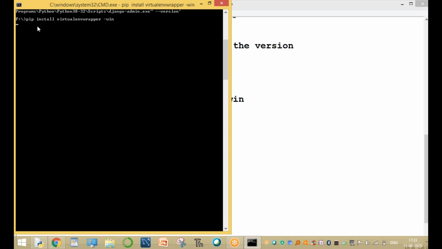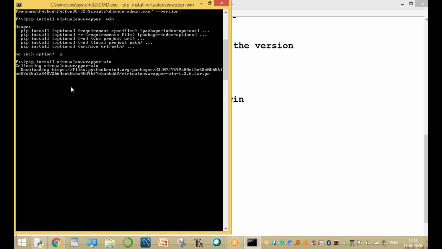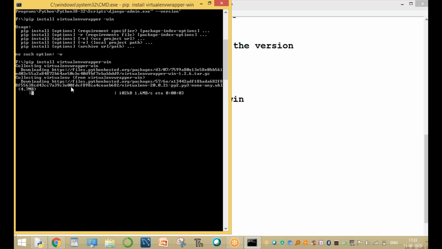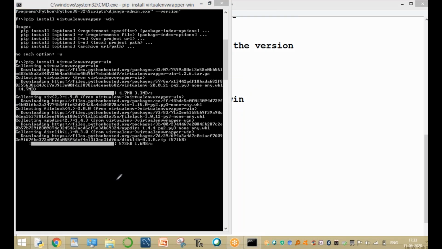That's a Windows operating system, or directly. So now there's no such installation. Wait 1 minute. Now here, virtualenvwrapper or virtualenv on Windows, or directly you can use virtualenv also, no problem. Now here, to collect all the virtualenvs, these are the virtualenvs. To collect the virtualenvs, set up the virtual environment.